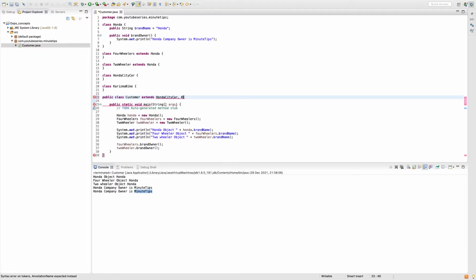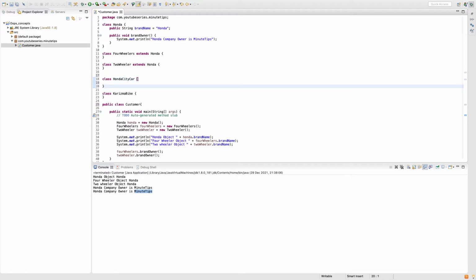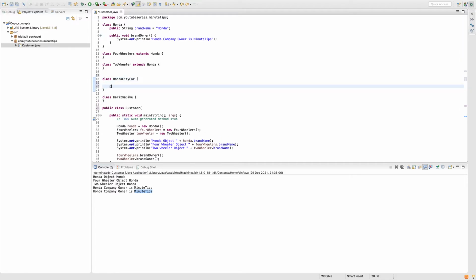If I try to do it, as you can see, Java Eclipse itself will give us an error because this is not possible. If you ask why it is not possible, it's because let's say both my Honda City car class and Charisma bike class have a method. What's the name of the method? Public void